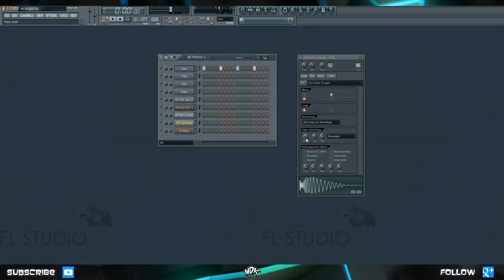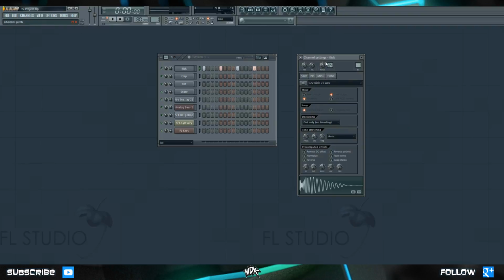So the first knob is the pitch knob, and what this does is it changes the actual pitch of your sample, but it doesn't make it any shorter or longer. So if you turn it up quite a ways, and then you play back the sample, you can hear that the sample is still the same duration that it was, but it's higher in pitch. This is different than using the pitch knob, because the pitch knob will actually change both the length and the